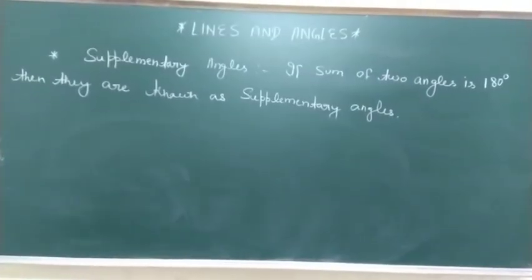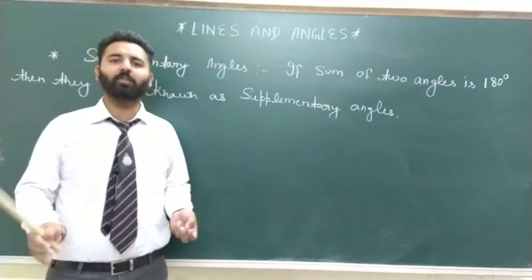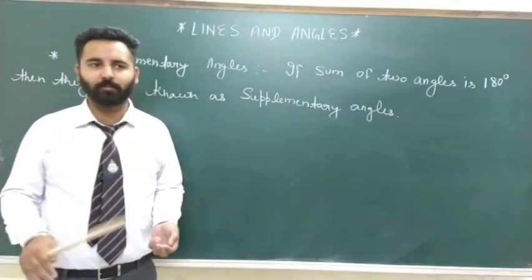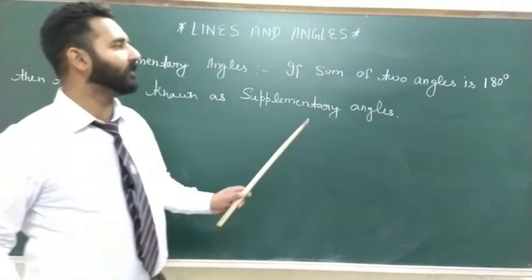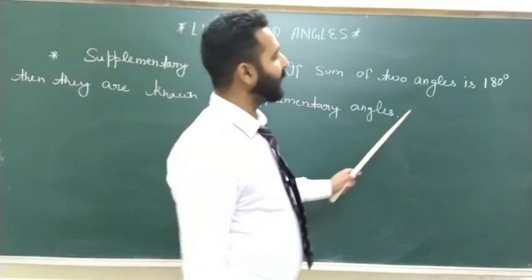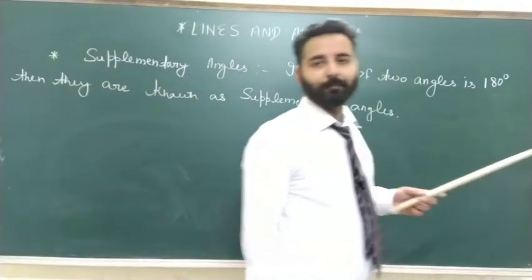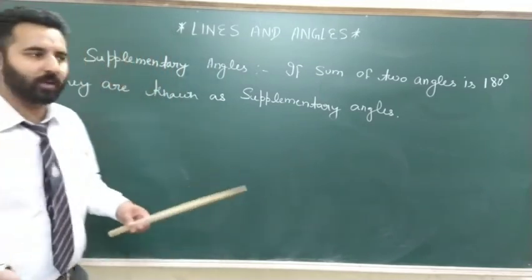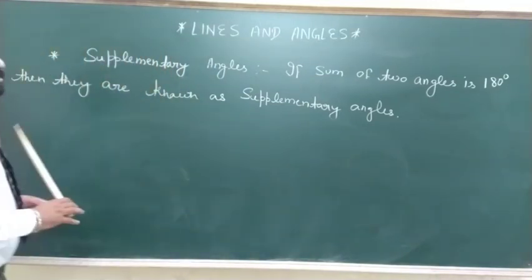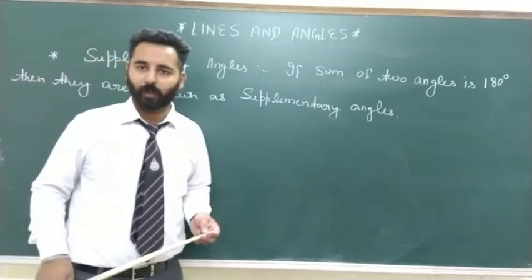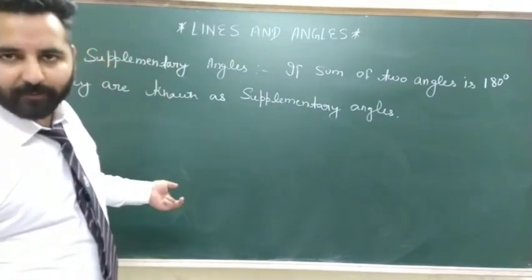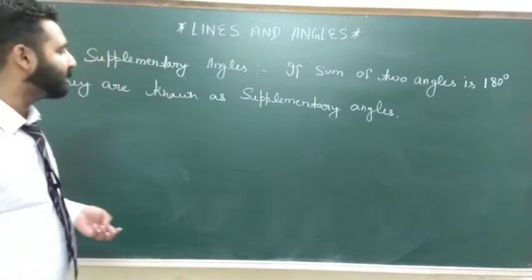Now after complementary angles we have to discuss supplementary angles. Same way, like in complementary angles we have a sum of 90 degrees, here the sum of two angles is 180 degrees. Similar to complementary only, but the sum is going to change now. The sum we will get is 180 degrees. So basically, we will get the same types of questions here also.